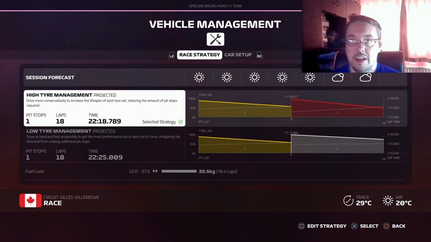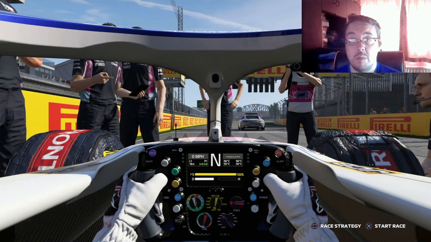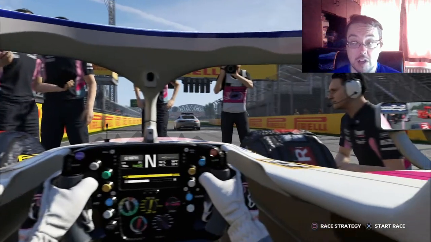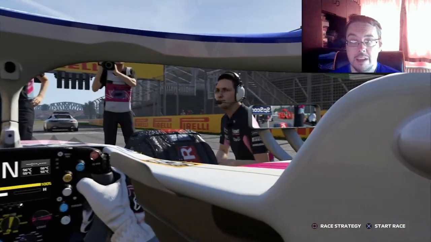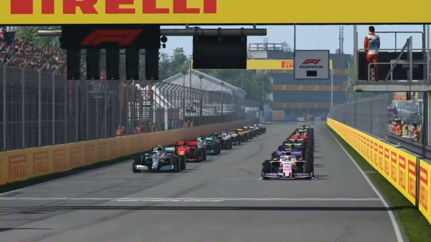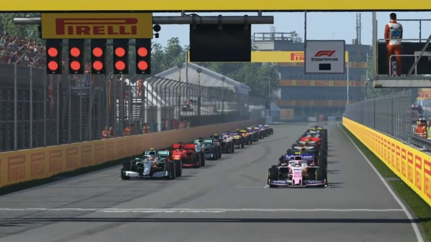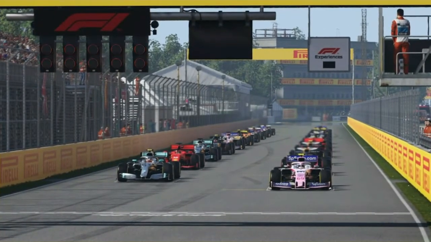So let's see if we can follow that up with a race victory, shall we? Hopefully we can go for two in a row. Can we win the Canadian Grand Prix after winning the Monaco Grand Prix? The enemy comes from the right. Let's do this, folks. So here we go then. For the running of the Canadian Grand Prix, season number 1, round number 7, and five lights are out, and